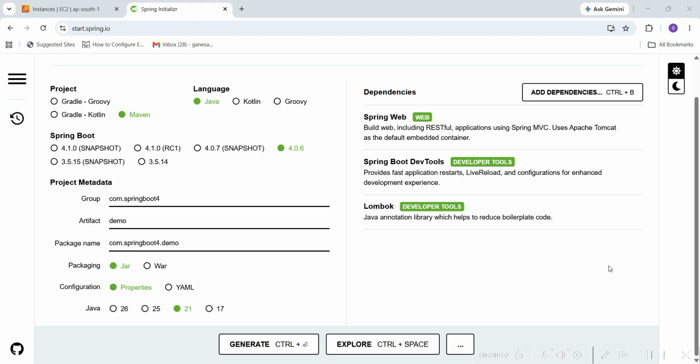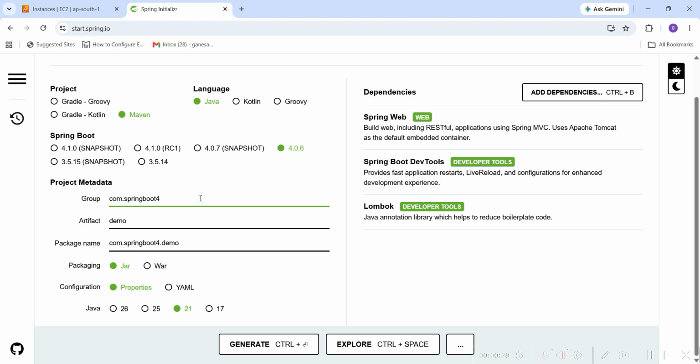Learning is very important. So now we go to first how to deploy the Spring Boot applications in Amazon EC2. Okay, first we need to create a Spring Boot application. So we are choosing Java, Maven, and the Spring Boot version